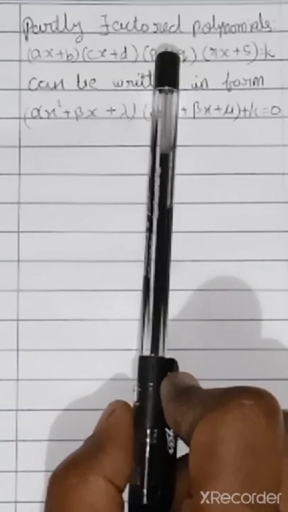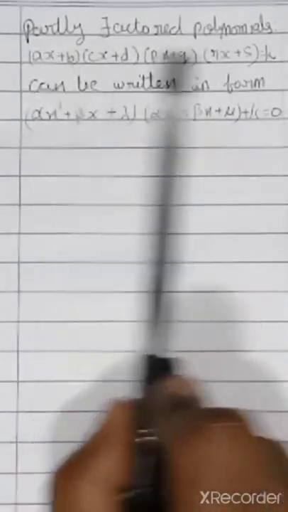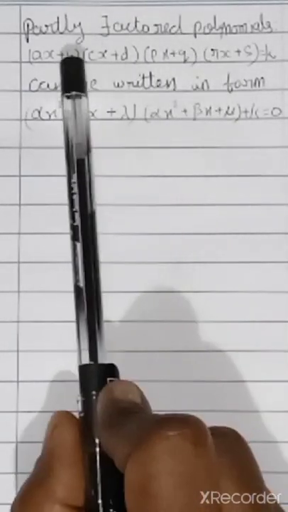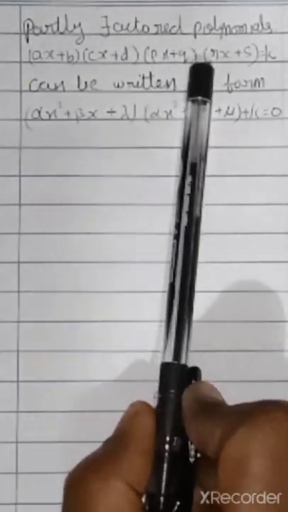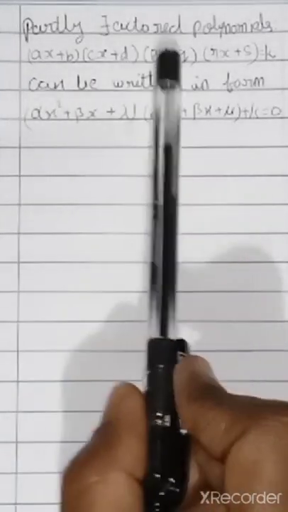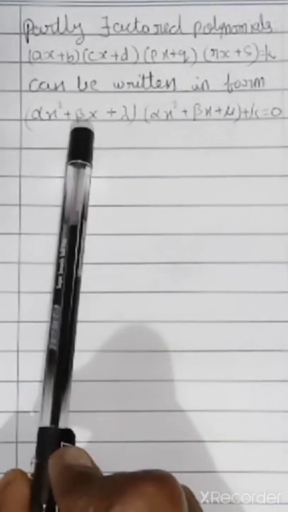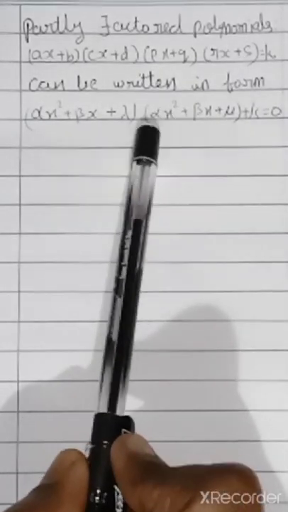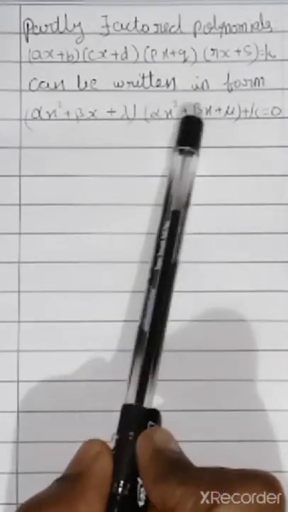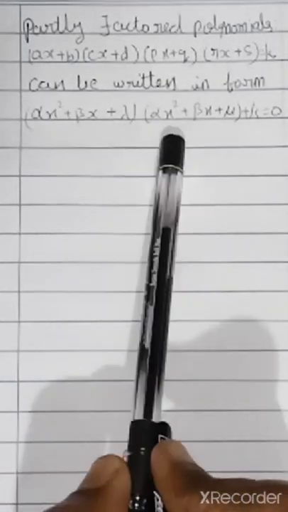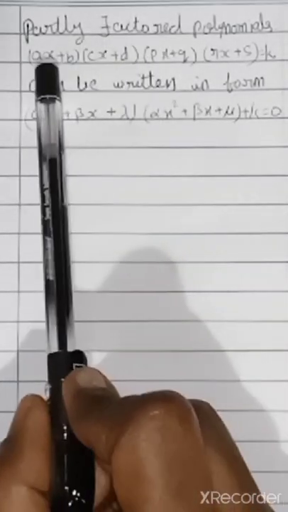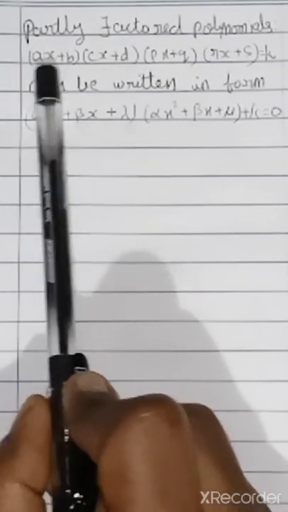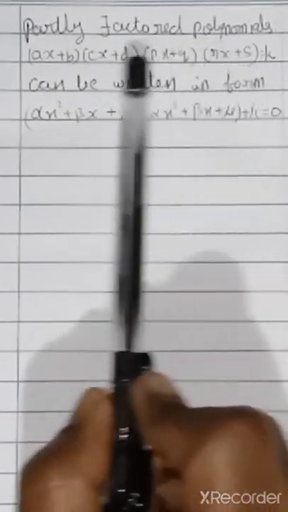We have to rewrite the given equation. We have to combine any two factors such that the combined expression has x square and x common in both terms. Like that you have to combine the given equation. One more time I'll tell you. Here the four factors will be given.